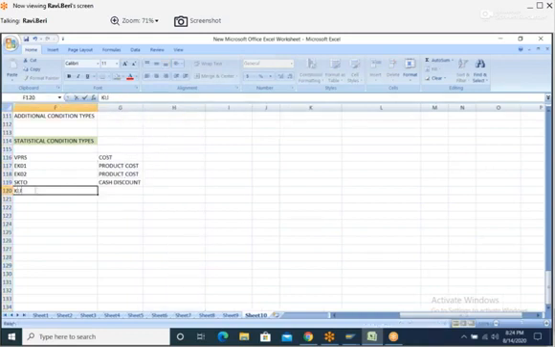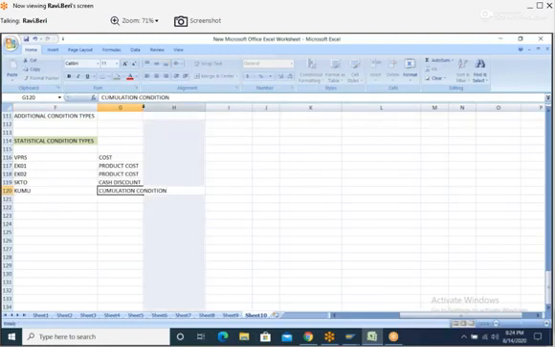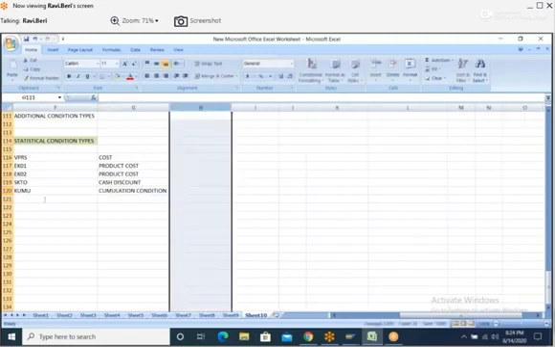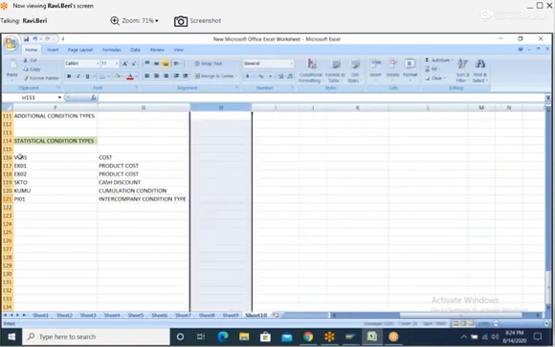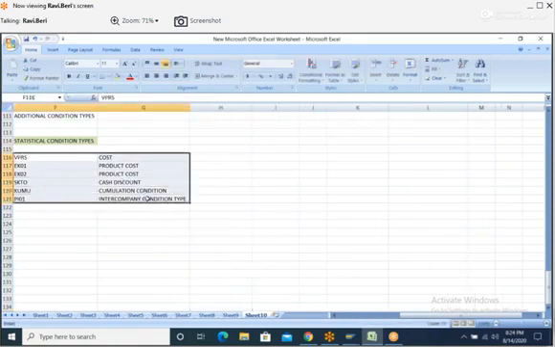These are all statistical conditions. And one more, KUMU, the accumulation condition, and PI01, the intercompany condition type.